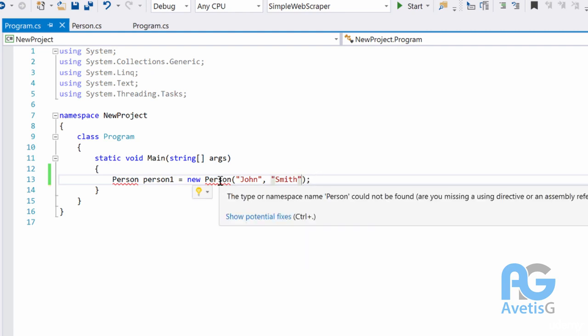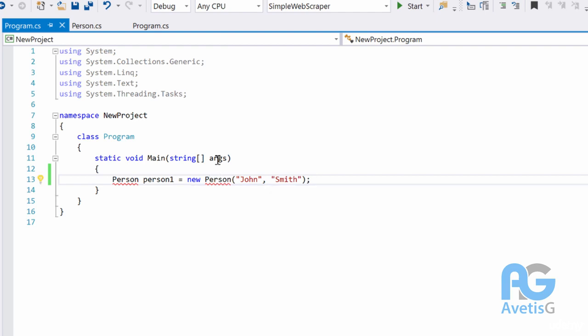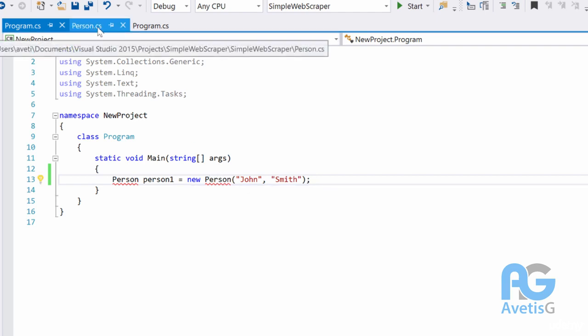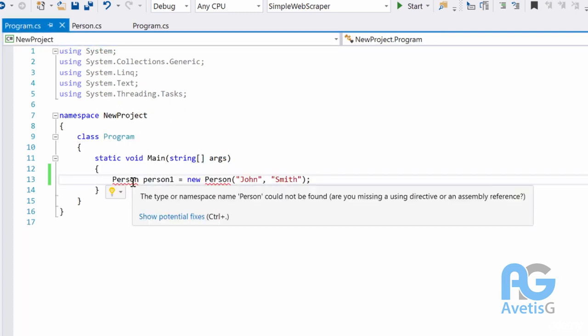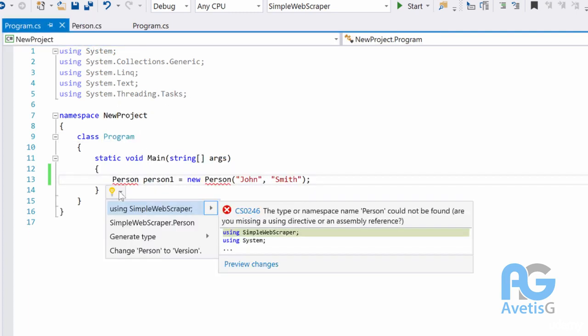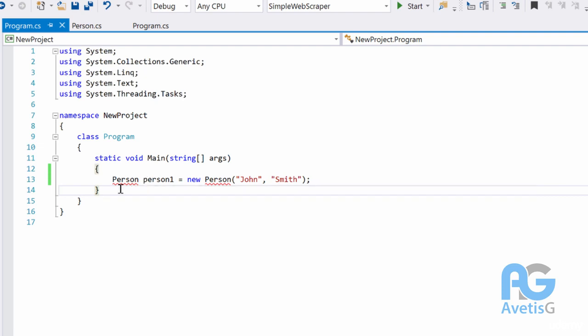But see, we cannot access it. Now, if I go to person, which is in Simple Web Scraper, and I change this to public, you will see that I'm able to use it. So I'm able to import it. Let me go back once again. I don't want to import it yet.